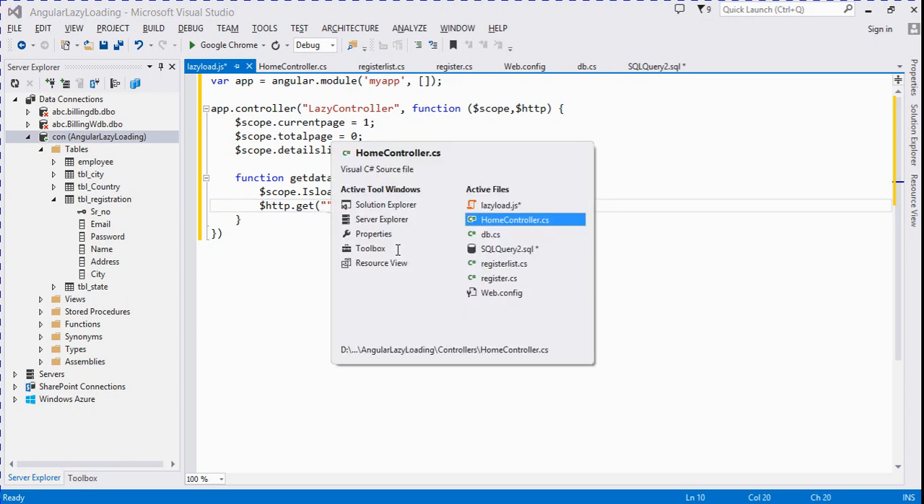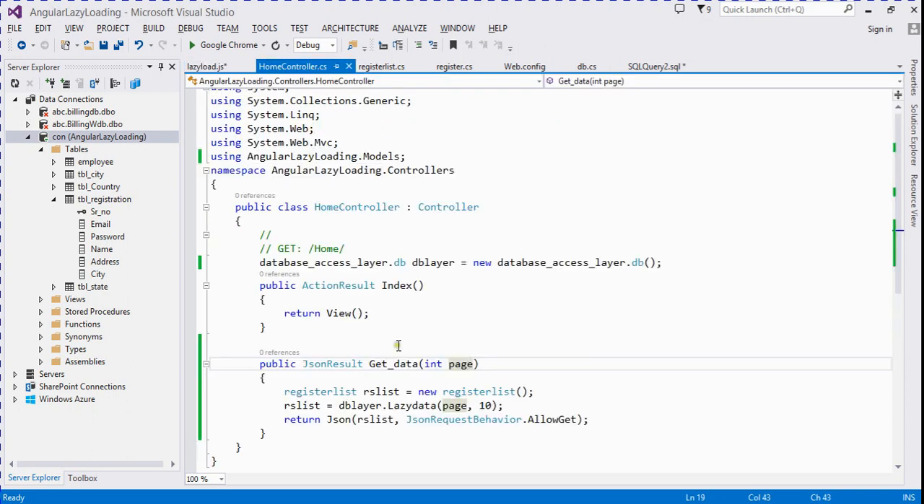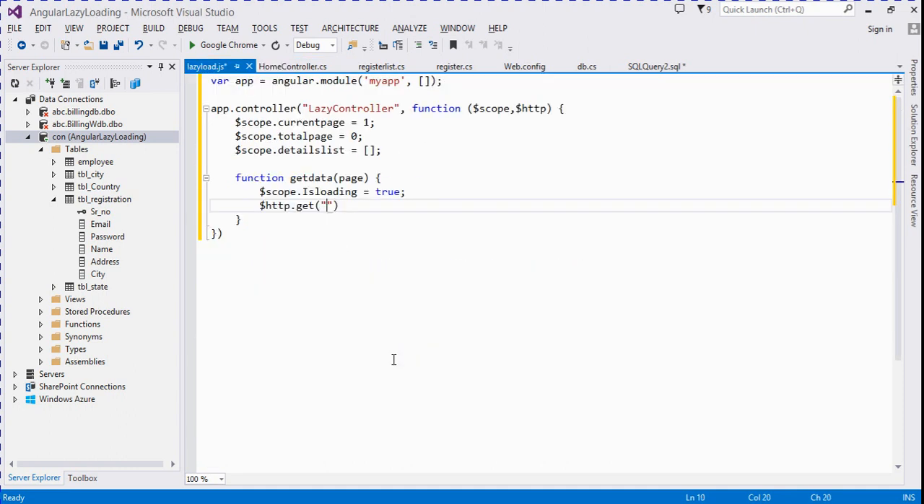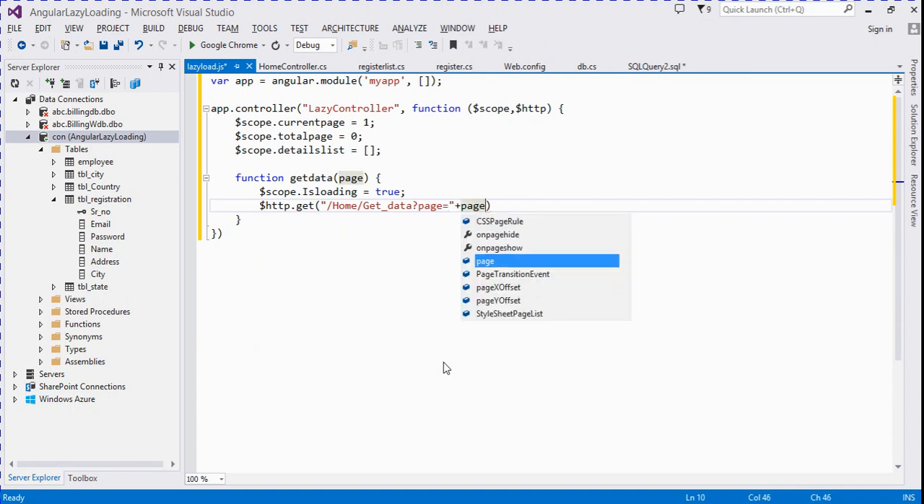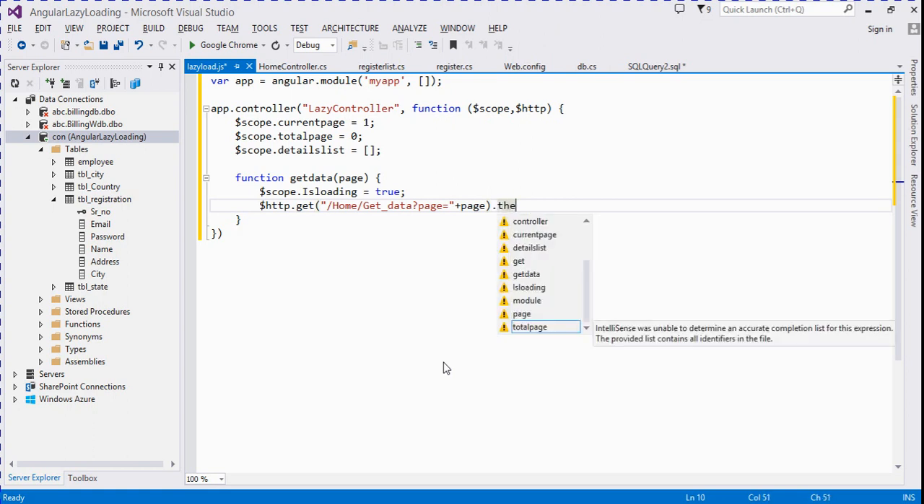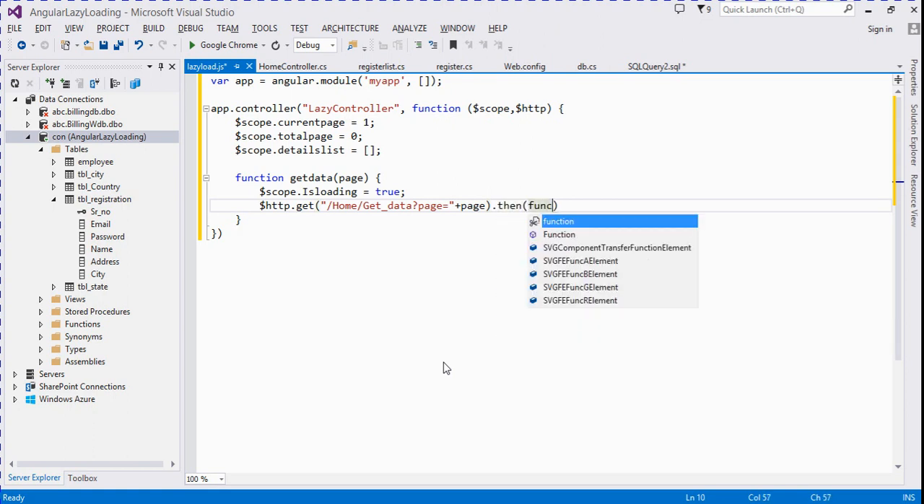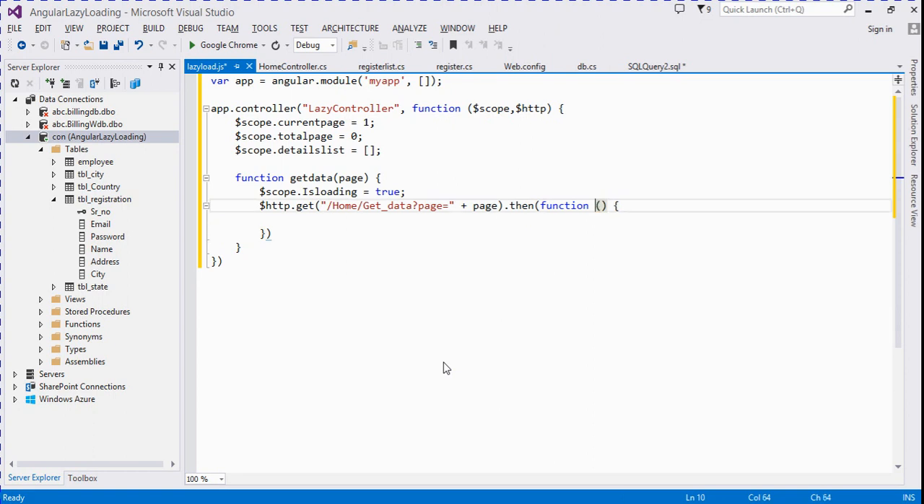Here we write our function in the controller. It's a get page, and it's taking a parameter, page is equal to page, dot then function, here to take the parameter for response,